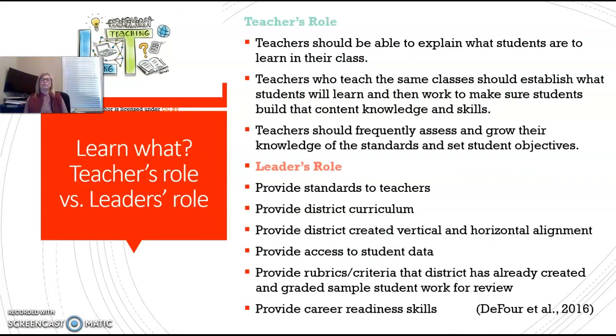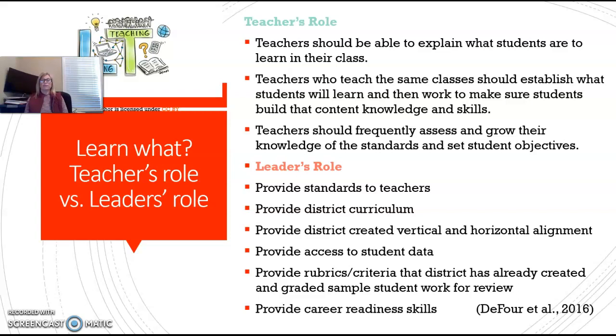A teacher's role. What's the teacher's role versus the leader's role? Teachers should be able to explain what students are to learn in their class. Teachers who teach the same classes should all establish what students will learn together and then work to make sure students build that content, knowledge, and skills in their classes. And teachers should frequently assess and grow their knowledge of the students and set student objectives.